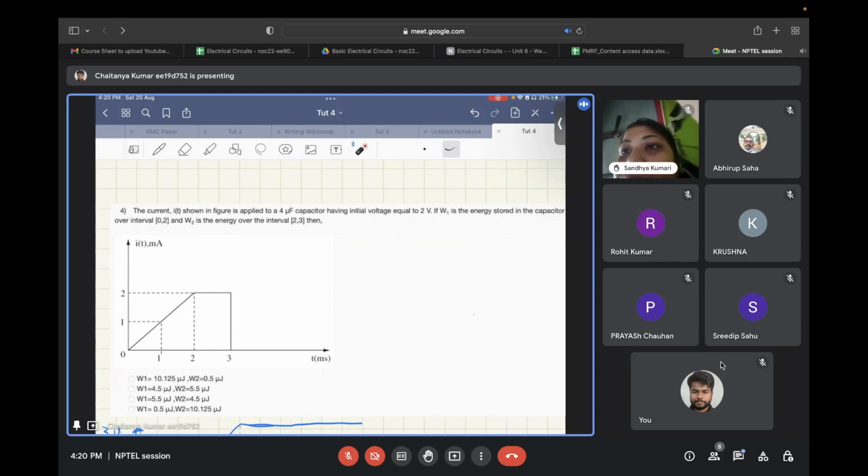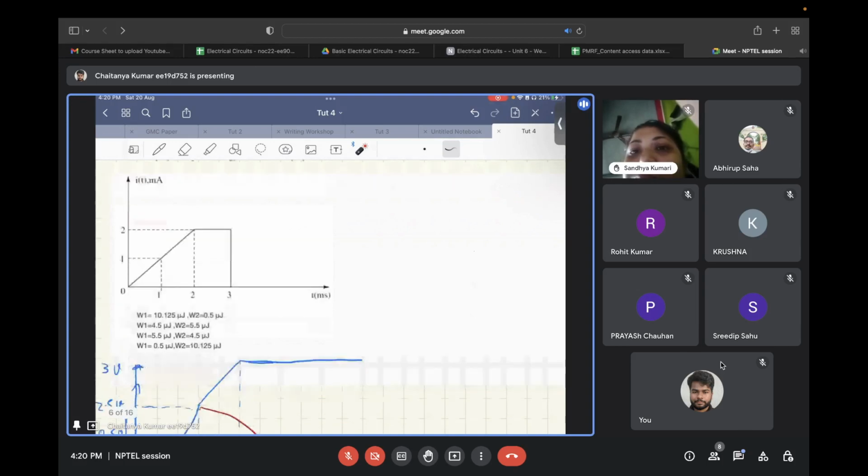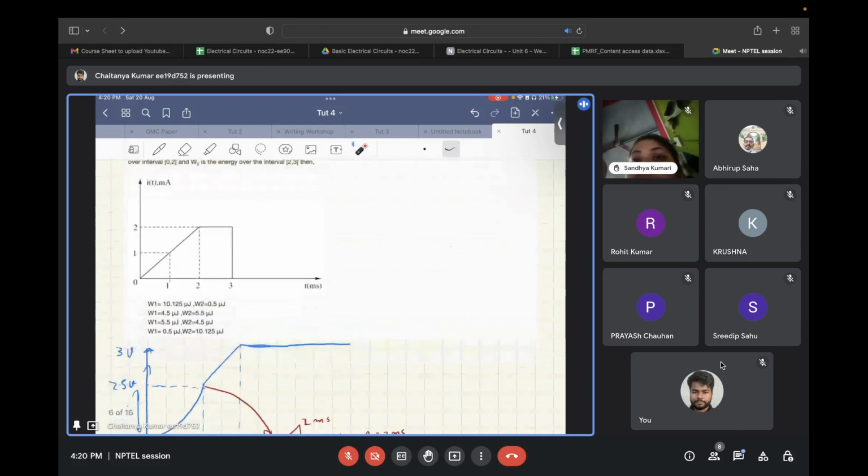Okay, so let's see the solution for this. Now, current has been given to you, and you know that the energy can be calculated as half times C times V square for a capacitor, and the voltage you have is 1 by C integral of I dt. Okay, so, over time